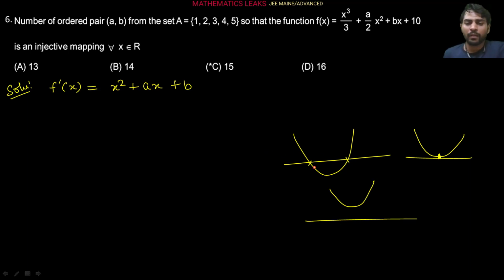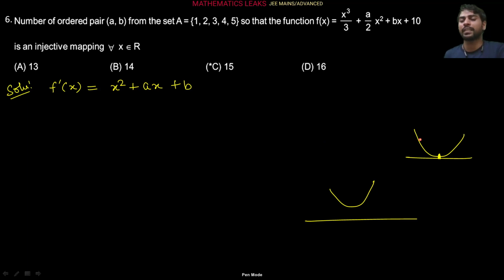So when the parabola intersects the x-axis at two distinct points, real distinct roots, the f dash x expression value before the first root is positive, after the second root is also positive, but in between these two roots it is negative obviously. So here f dash x is coming greater than 0 and less than 0 both, which is not a one-one function in this case. So this case is not possible, right? So just remove this one.